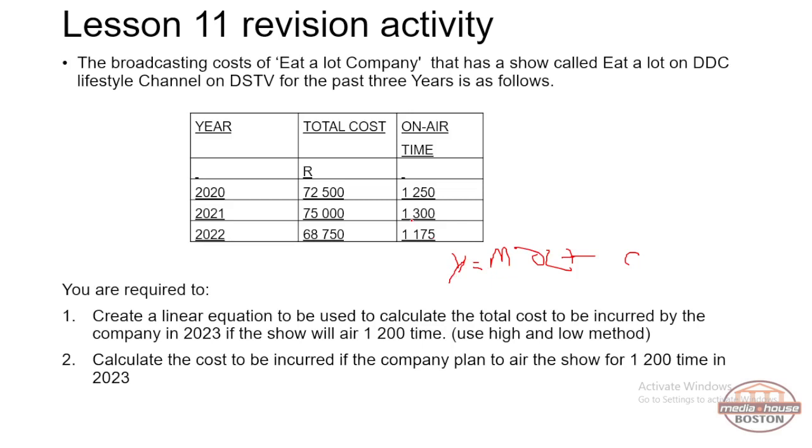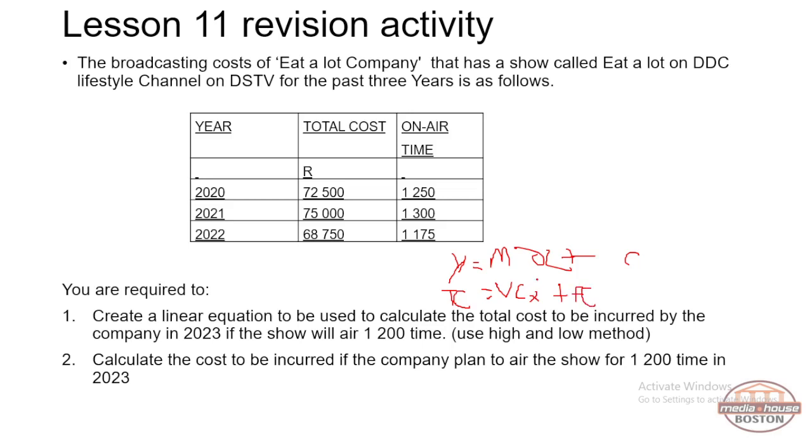I would get to draft what we call a cost estimation equation, where y represents the total cost that the company will incur, and m represents the variable cost per unit, which will be multiplied by x, and then we add c, which represents the fixed cost,